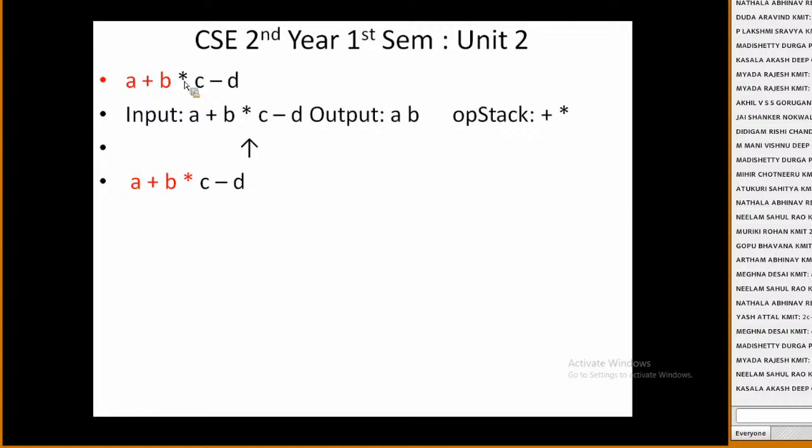Now it comes to multiplication. We are at the multiplication operator. On the top of the stack we have plus, and the precedence of multiplication is higher than the precedence of plus. Let's assume that the precedence of multiplication is 2. Multiplication and division is 2. So because it is higher,